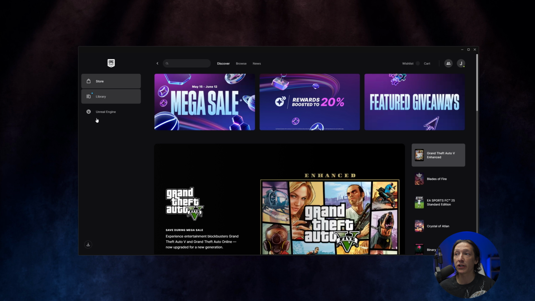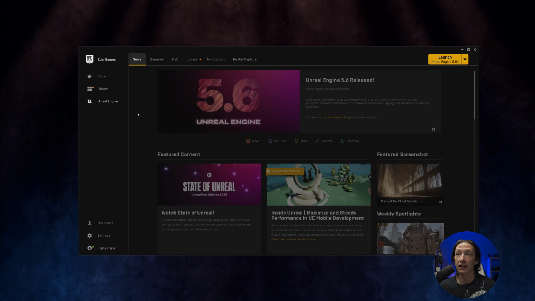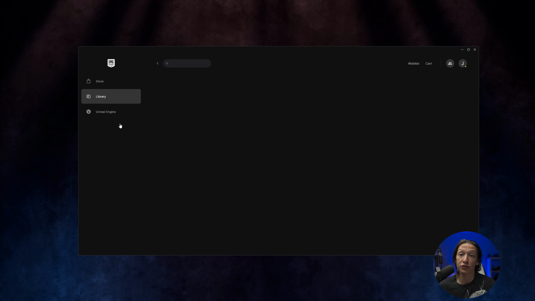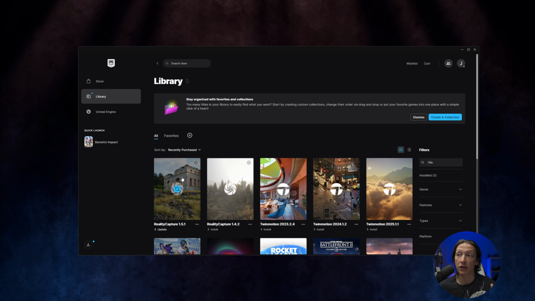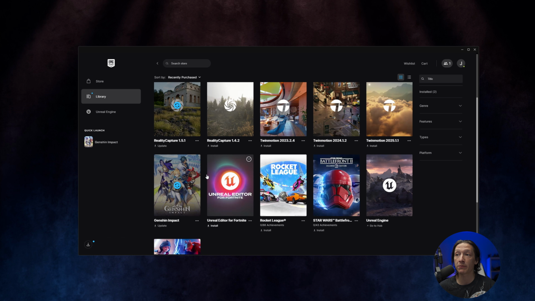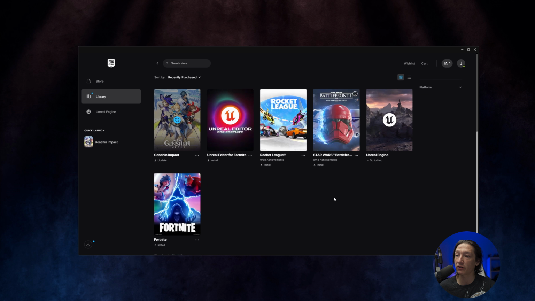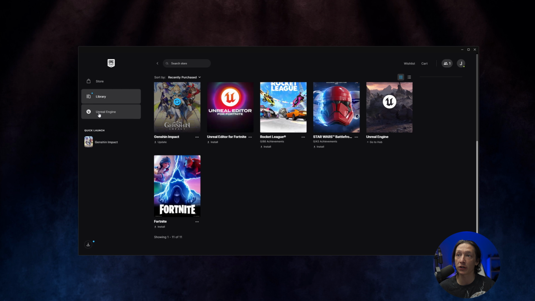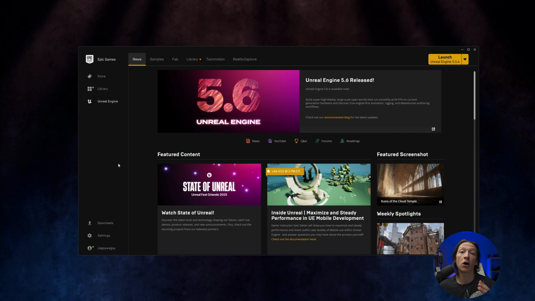By default, my engine opens up on the Unreal Engine library. It may also open up on your library as well, which will feature all of the games that you have. So you can see that I've played Genshin Impact, Rocket League, Star Wars Battlefront, Fortnite, etc. But to install Unreal Engine, you're going to need to be on the Unreal Engine tab here, and I'm currently using Unreal Engine 5.6. I'm actually recording this on the day in which Unreal Engine 5.6 has released,